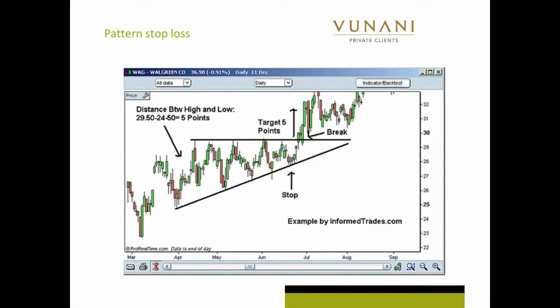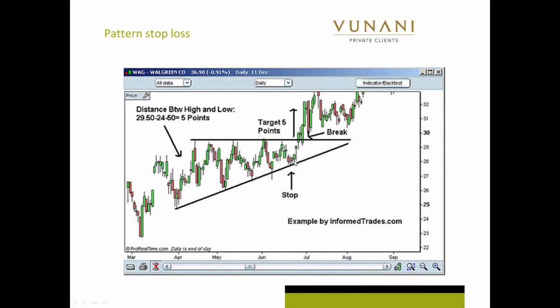Here we have a flat top triangle, pretty similar to the symmetrical triangle. Quite a lot of possible trades going on in here. Two examples I can give you just by looking at this chart. Well, first of all, here we have the flat top. There we have a break of the flat top. And here is a nice stop showing that if you bought the bottom in this congestion point,